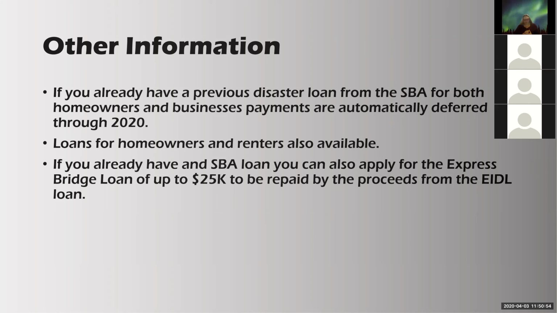Andrew asks, is the 4% for the EIDL fixed for the 30 years and fully amortizing? The 4% is both the PPP loan and the EIDL loan, and that is the maximum that they can do. So it's not necessarily fixed. Right now they're doing them at 0.5 because that's where the loan amount is, but it cannot exceed the 4%.